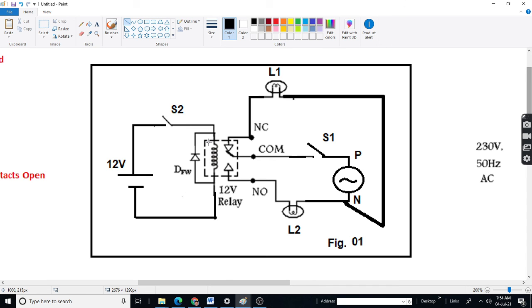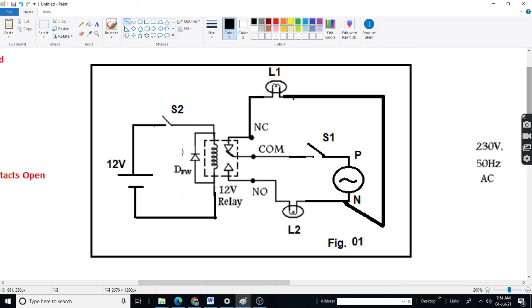Relay is like a switch here. Now you press S2, relay is energized. Don't bother about the diode here. It is only used for protection in case of inductive loads. Here actually it is not necessary.